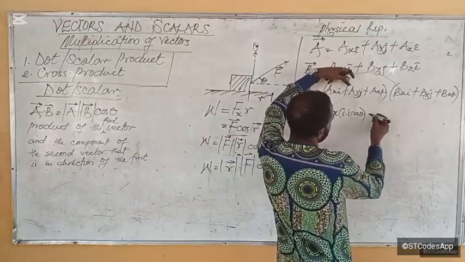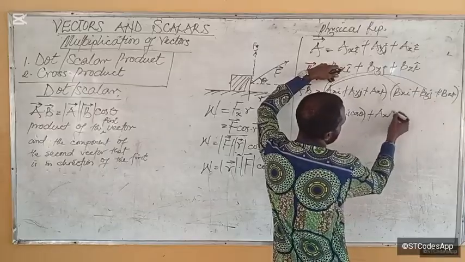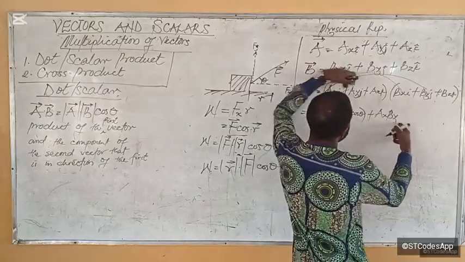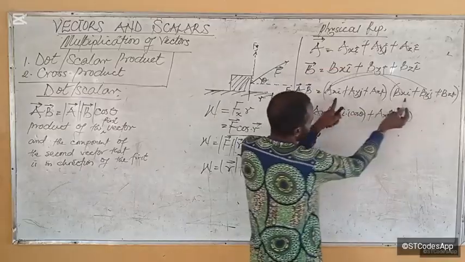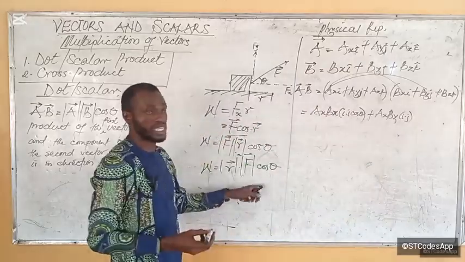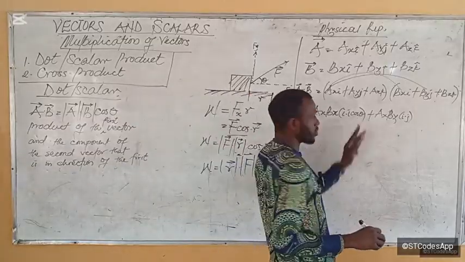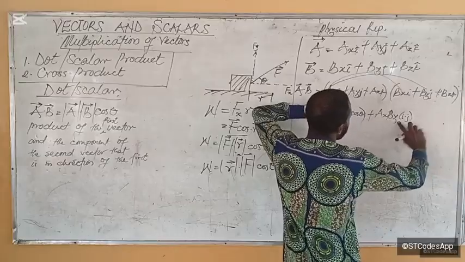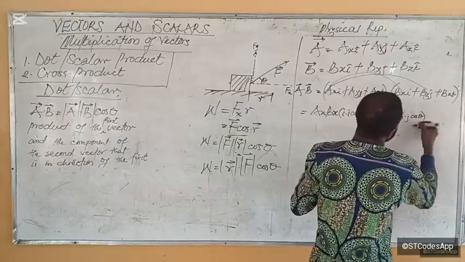Cos theta. Now plus, this will multiply the second one. That will be AxBy, I dot J. I hope you're understanding. I dot I cos theta. Cos theta is from the formula we obtained here, right? Before we talk about the angle, I'll tell you what the angle is. Just calm down. AxI times ByJ will give us AxBy, then in bracket I dot J cos theta as well,